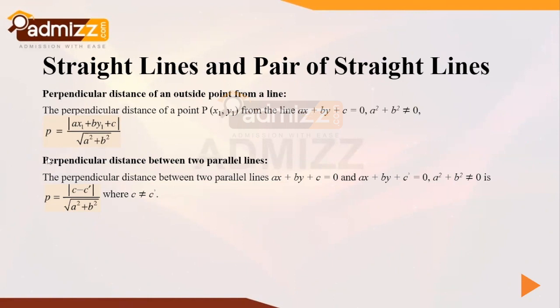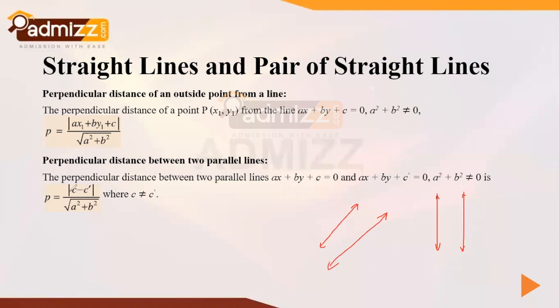Right, now the next fundamental that we are looking forward to is the perpendicular distance between two parallel lines. Okay, now the case is of two parallel lines, so it can be of any inclination. That is, the lines can be inclined this way, or it can be inclined this way. So any inclination can come into the picture, but the key parameter that we are supposed to look out for is the intercepts.